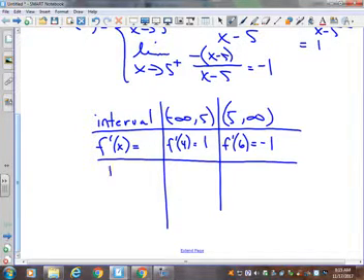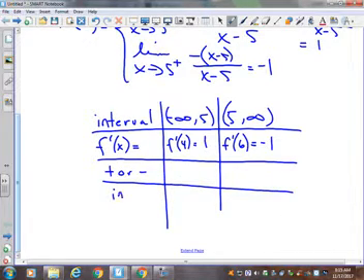So then when we talk about our plus or minus, our increasing, decreasing,